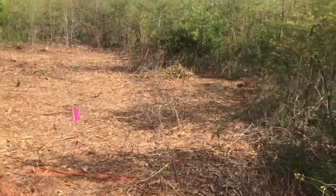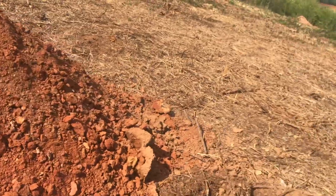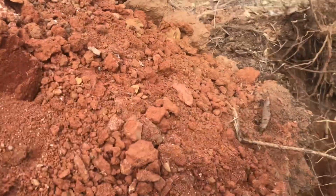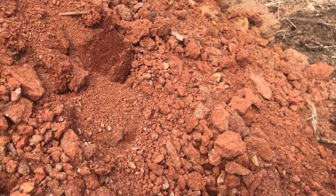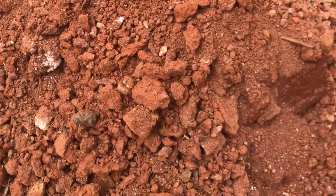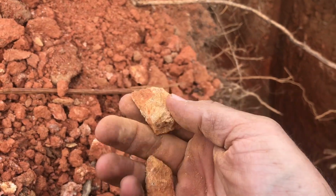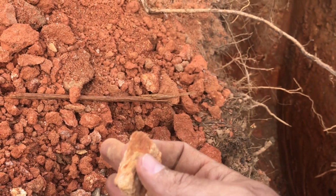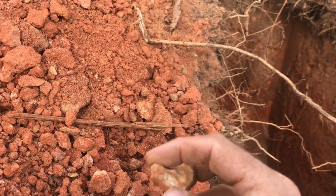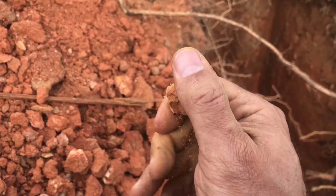So when you're looking at your property, digging holes in your due diligence period or what have you, you can kind of get an idea of what you're looking for. The big thing in North Carolina is saprolite, which is basically decomposing rock. This hole, I don't believe. Yeah, it's this stuff right here. This is decomposing rock, and they call it saprolite. And it is super hard to dig. It crumbles. You can see it crumbles in your hand,